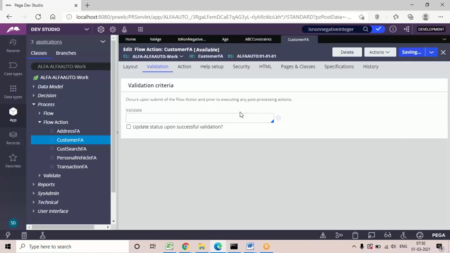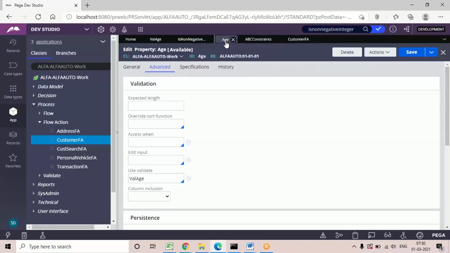And the third one is for the age property, where edit validity is created. Edit validity we also call at the property level, under the advanced tab of the property. So what you do is just remove the rule name. See, these are not required to do in real time, but if you want to submit the first design without giving input, you can do these things.